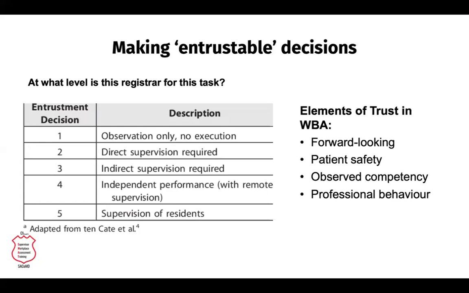So you might have somebody who's clinically very good at managing all the clinical cases, but you're concerned about some of the communication skills that they're having with patients. And so they might not lead to level 4 until we've helped them to address those issues as well. What's also great with trust is you can be specific. I trust you to be able to do a cesarean section, but I don't just trust you to do a cesarean section where there might be massive complications. So the trust can also include the limitations of what you think they may or may not be able to do independently.